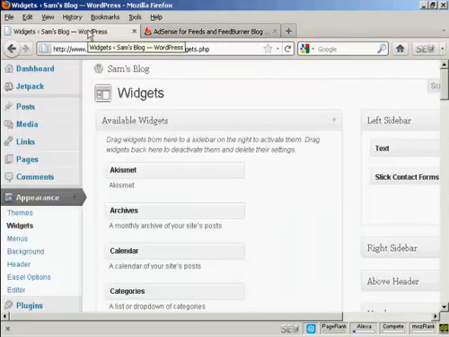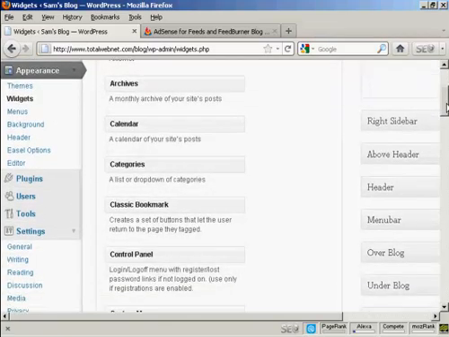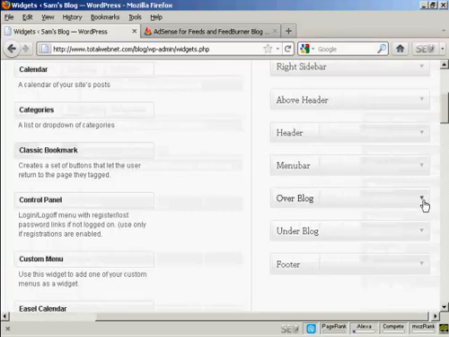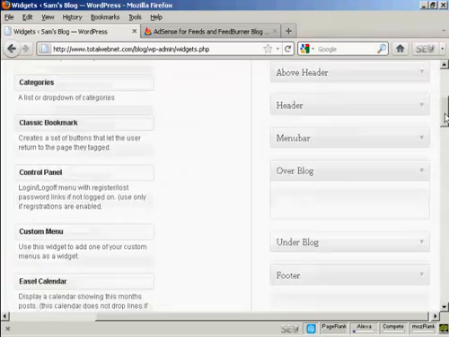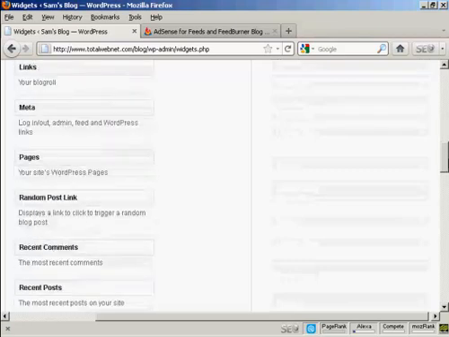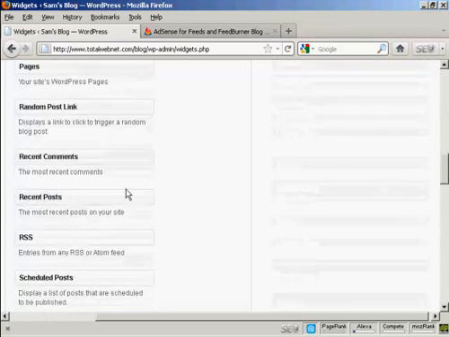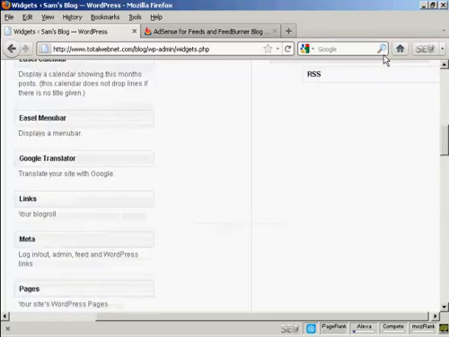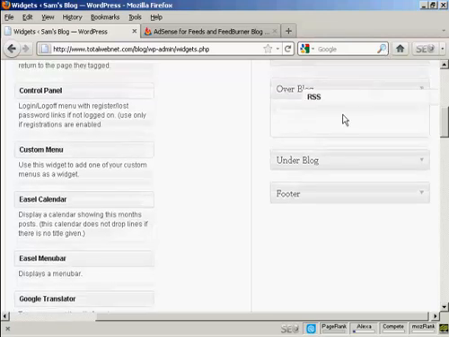And I'm going to come back to my blog, and I'm going to use a widget for this, and I'm going to place this widget over the blog. So let me just open up that for the moment, and then the widget that I'm going to use is this one here, RSS, and it's already pre-installed. So it says entries from any RSS or Atom feed. So I'm going to drag this up so that it goes over the blog,